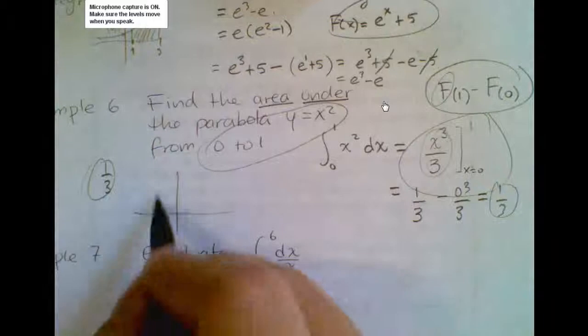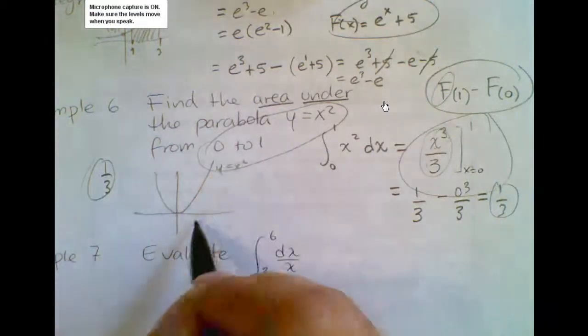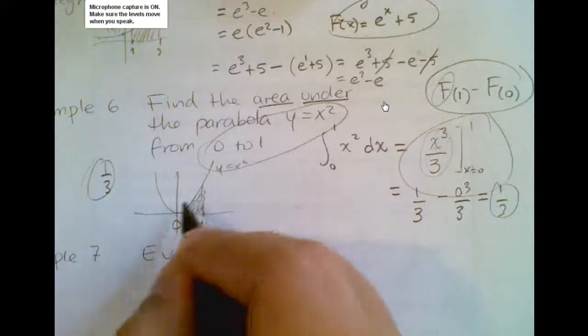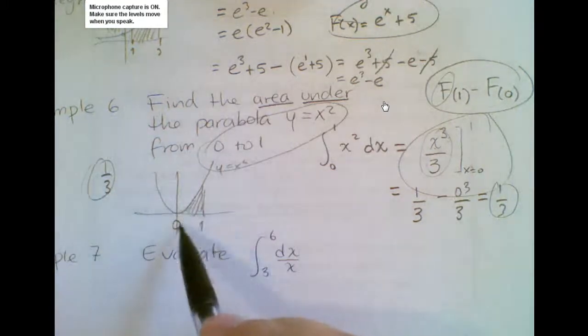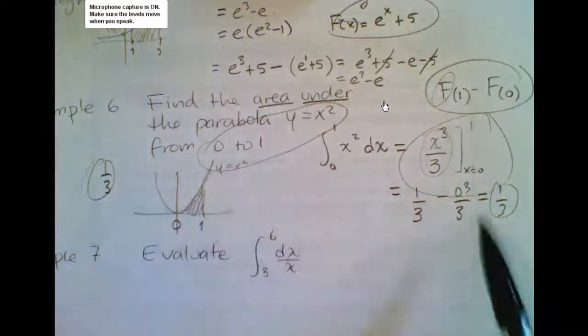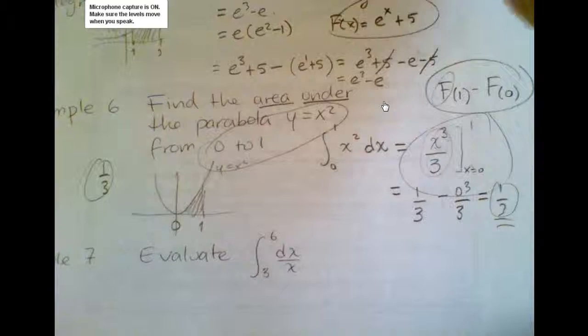Not only that, but there is also something I want to show you. If this is y equals x squared, you know the area is going to be a positive number because the function is positive between 0 and 1. So just keep that in mind. If the function is above the x-axis, then your answer is going to be positive. Now in example 7, it says